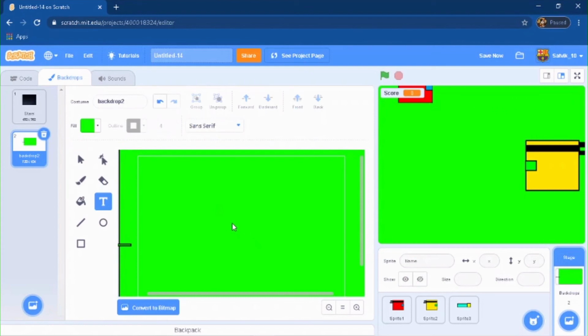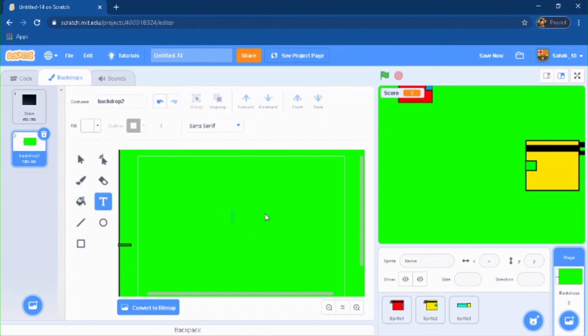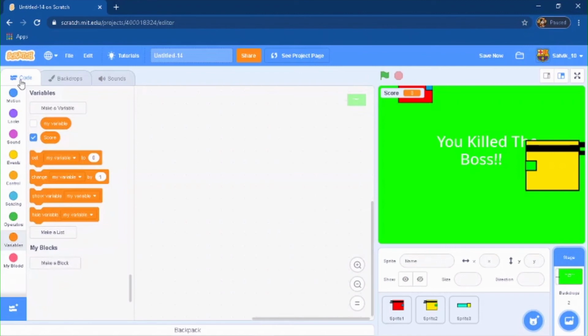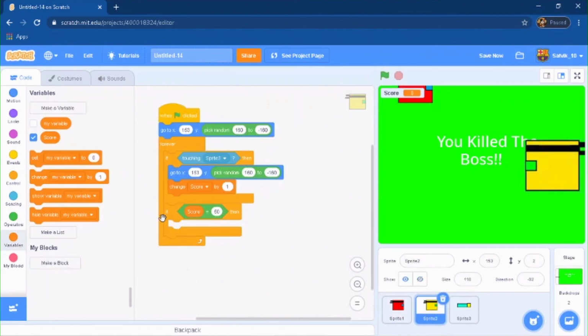And go to your text, and you're going to write, and it obviously has to be a different color than green, so you can write, you killed the boss. So it'll be like that, you killed the boss, and boom, so you got it. Alright, there you go. And that is your other backdrop,